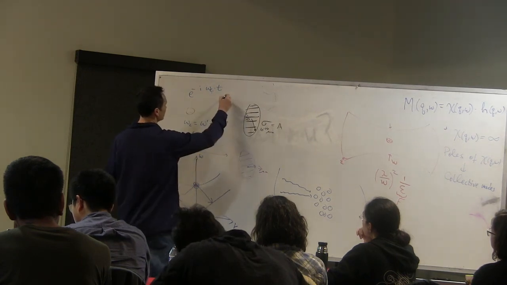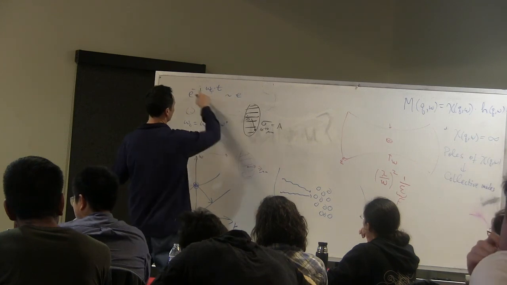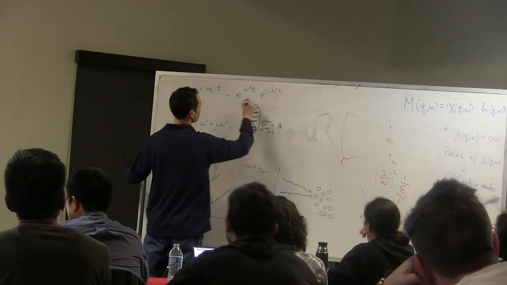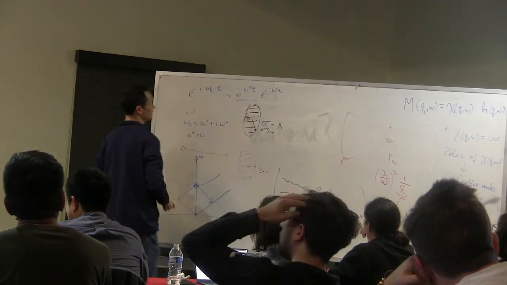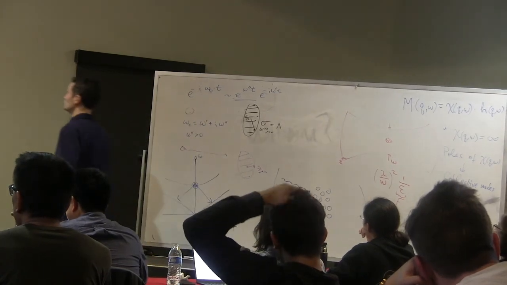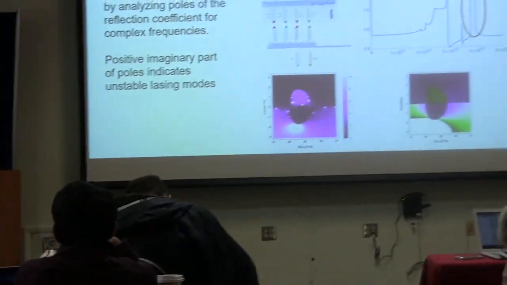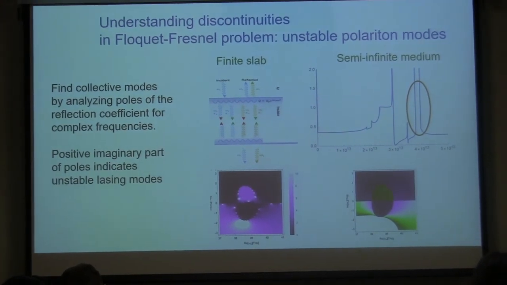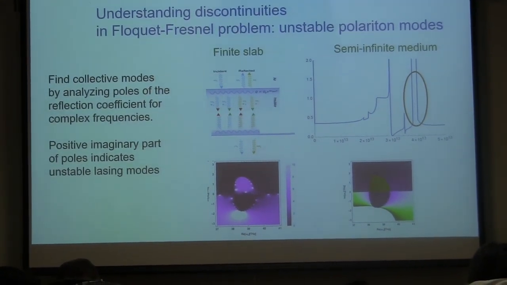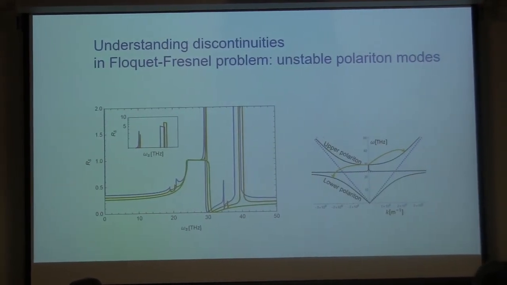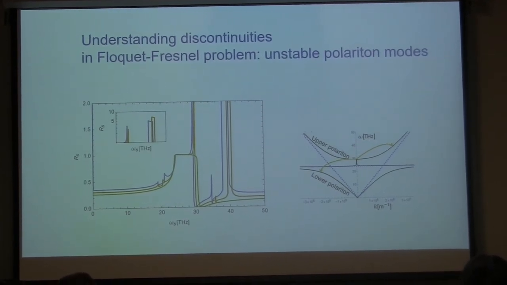This means that this will go as e to omega double prime times t to minus I omega prime t. So we get that something is growing exponentially in time. So we get effectively lasing. So indeed, what this analysis shows us is that in this seemingly simple system, silicon carbide, what the pump pulse has done, it created kind of a lasing instability. But in fact, this lasing instability has a very simple physical interpretation.